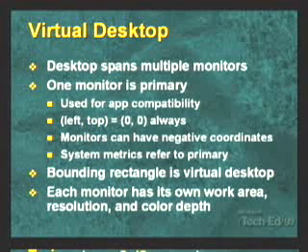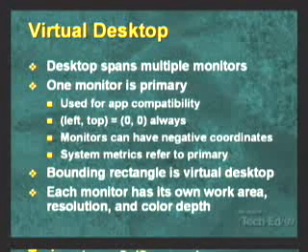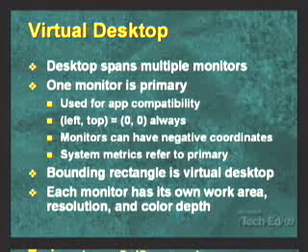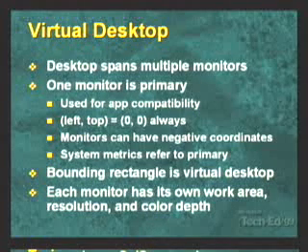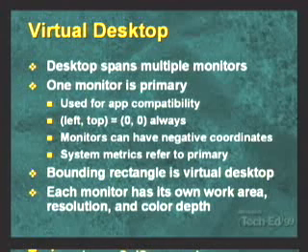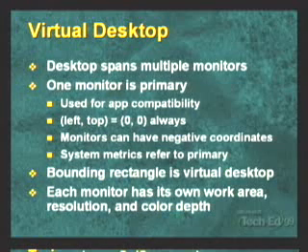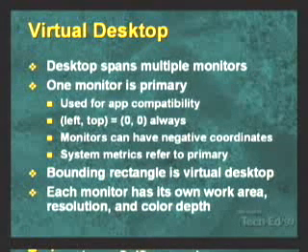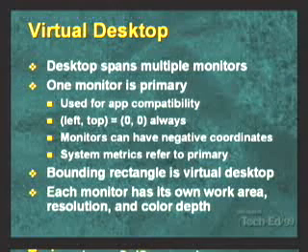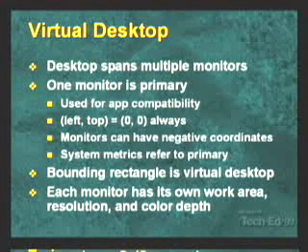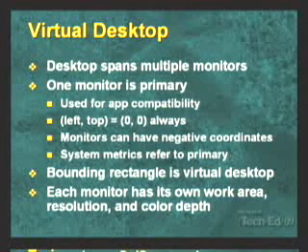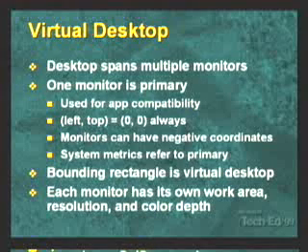The primary monitor basically exists for backward application compatibility. The top left corner of the primary monitor is 0, 0 all the time. So most applications run great if they're running on the primary monitor. Sometimes they run really well if they're not, but sometimes they have problems, and then it's your job to fix your app so it runs well, whether you're on the primary monitor or not. Part of the problem is that because one monitor is the primary and that top left corner is 0, 0, a secondary monitor could be